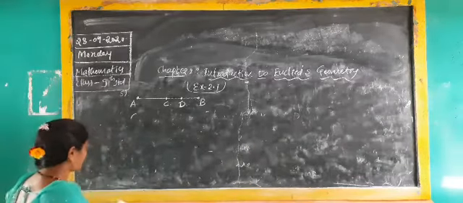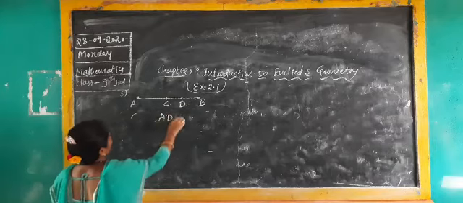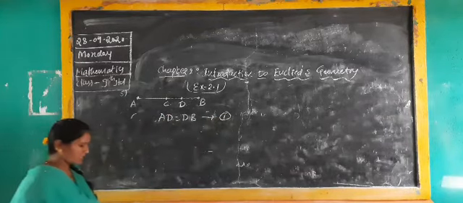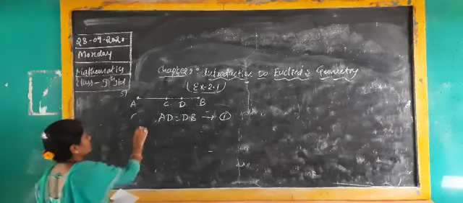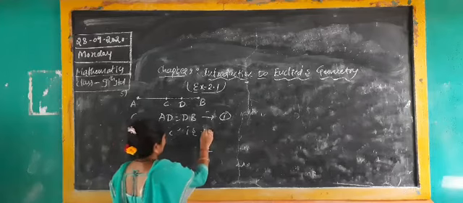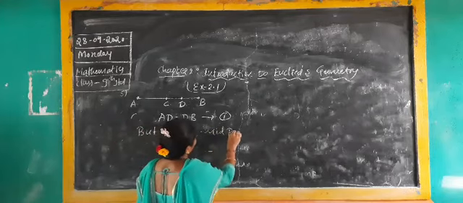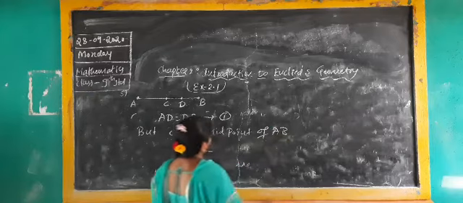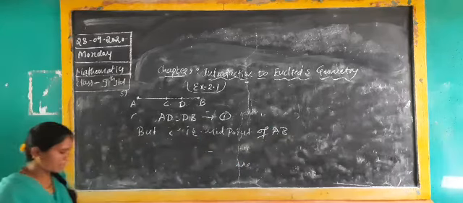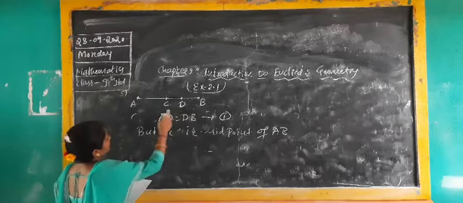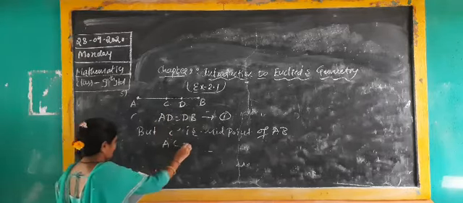Write down in a sentence: AD is equal to BB. You have to write it as equation 1. Keep it as equation 1. But C is the midpoint of AB. You know already C is the midpoint of AB and D is also the midpoint of AB. For D, AD is equal to BD. For C, AC is equal to CB.